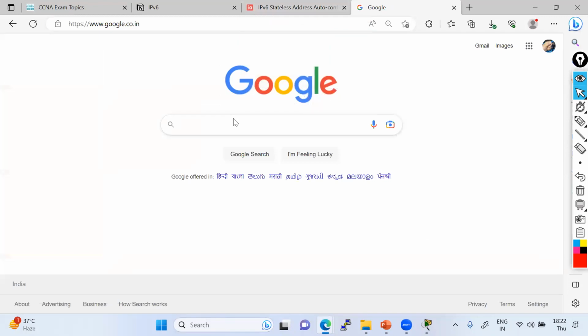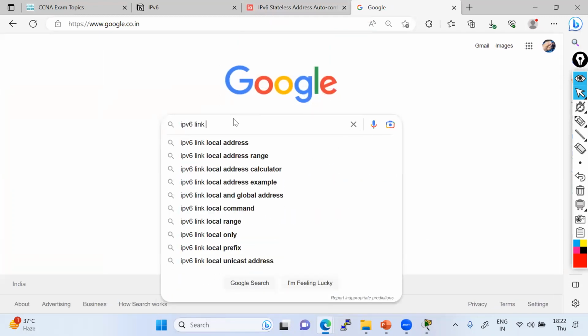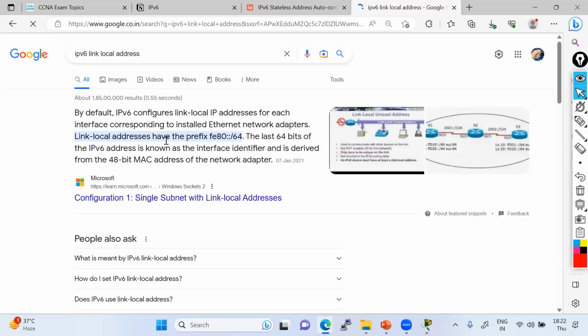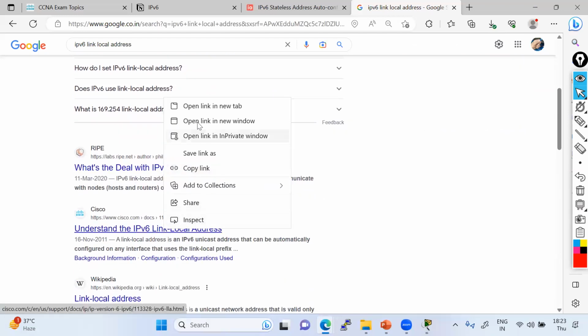Let me just check it in Google. IPv6 link local, right? Let me see this documentation.